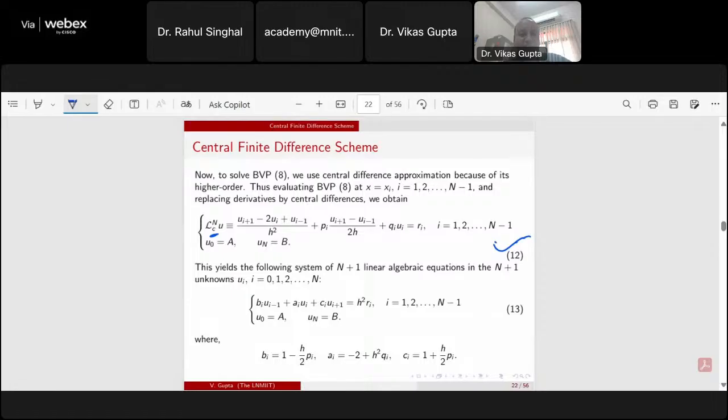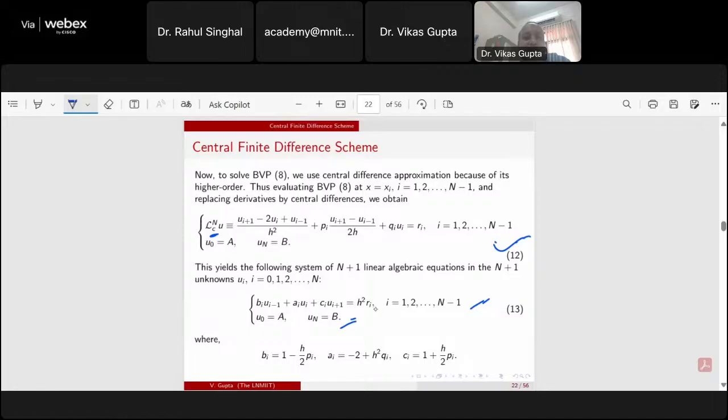So after simplifying equation number 12, we get a system of n plus 1 linear algebraic equations in n plus 1 unknowns. The unknowns are u0, u1, ..., un. So u0 and un we know by the boundary conditions, and the interior equations reduce to this: